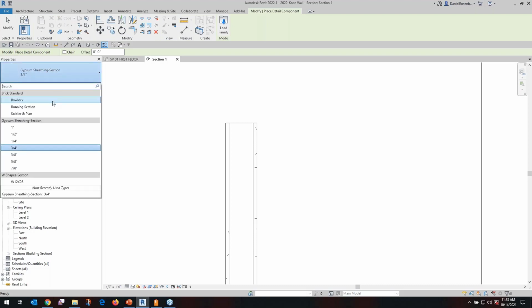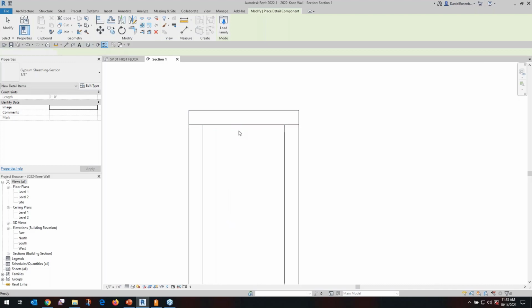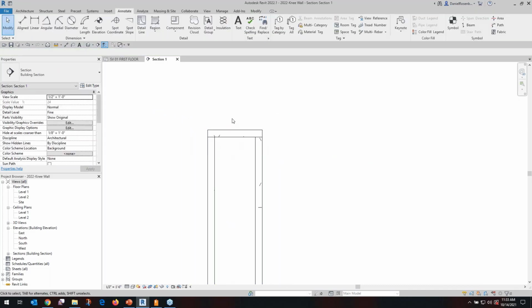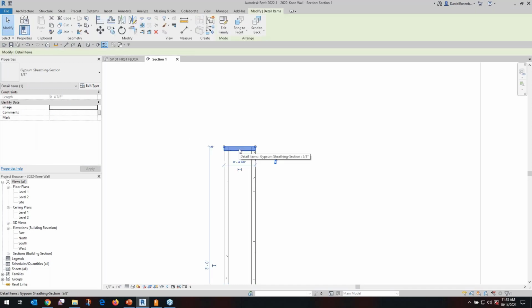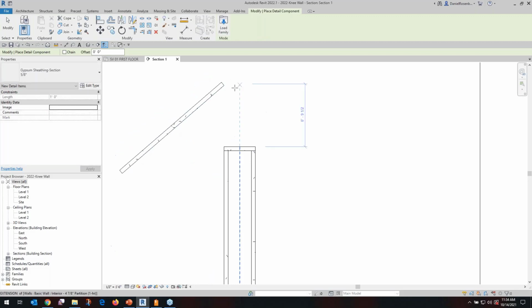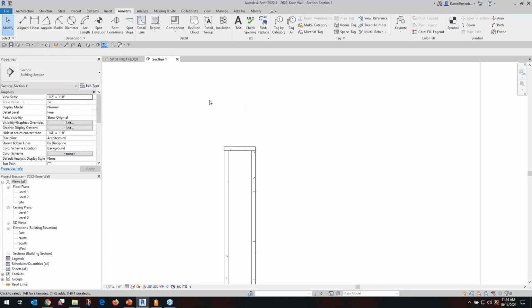So let's say I find my gypsum sheathing. And again, we're talking about line-based elements here. So I'll make my first click and then my second click, and it draws in the detail. Let me make another one of these just to show you how these work. So click, click, and it draws it in there. It's maybe a silly example, but